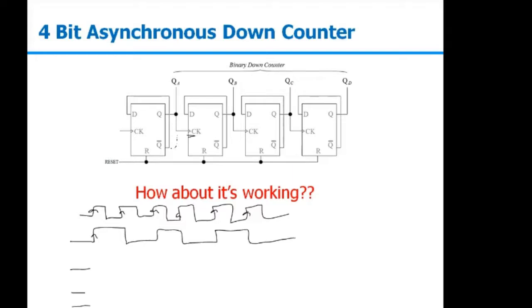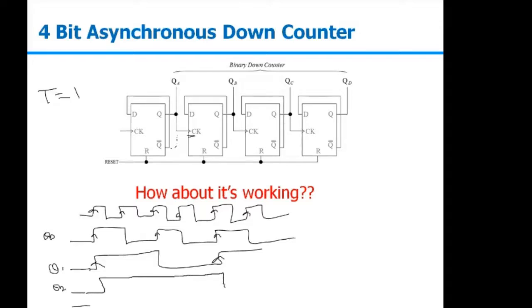Whenever this positive edge comes, my Q1 will be in the toggle mode. This is my Q0. Q1 will be in the toggle. Whenever this positive edge comes, my Q2 will be in the toggle. Now in this case, I am using a D flip flop, right? But if D is equal to Q bar, that is nothing but toggle. So here I am using the D flip flop just to show that we can use a D flip flop as well to design a counter. Here it will be Q2, and then it will be toggled here, and Q3 will be toggled at this point, and so on.